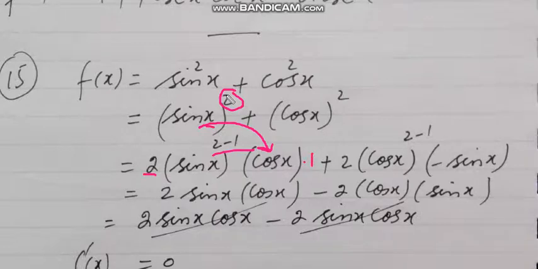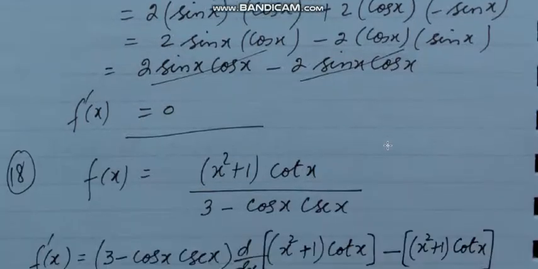Remember, when you apply the power rule, first the power comes down, the power is reduced by 1, and after that the derivative of the trigonometric function. The derivative of sine is cos x, and then the derivative of x. Here again it's a power, so power rule, reduce the power by 1 and then the derivative of the trigonometric function is cos x, its derivative is minus sin x, and then the derivative of x will be 1, and after simplification the answer is 0.